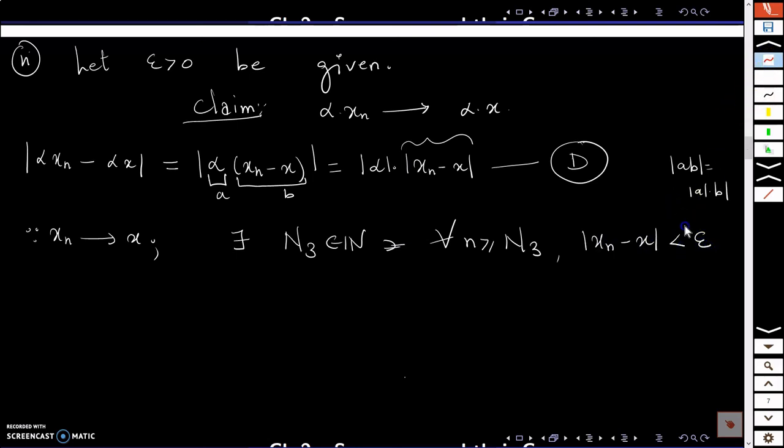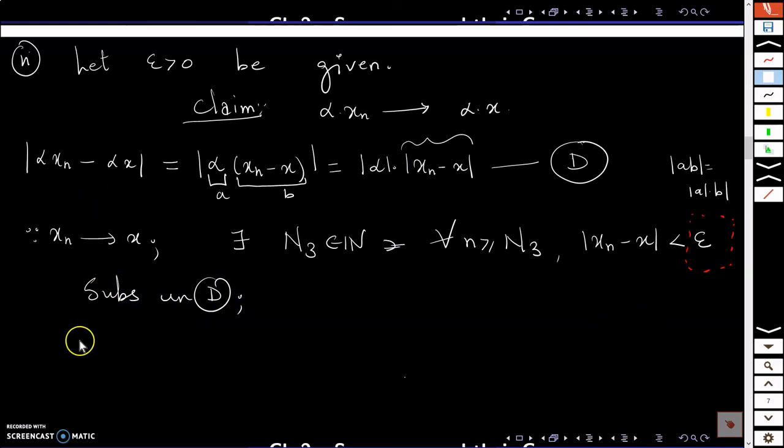Again here, I will leave this with a red box because I'm not sure whether I need alpha here or not. I will come to know later on what actually I have to take here, depending on the situation. So let's see. Now, if you substitute this part here, I'll substitute this in d. Let's see what we get.